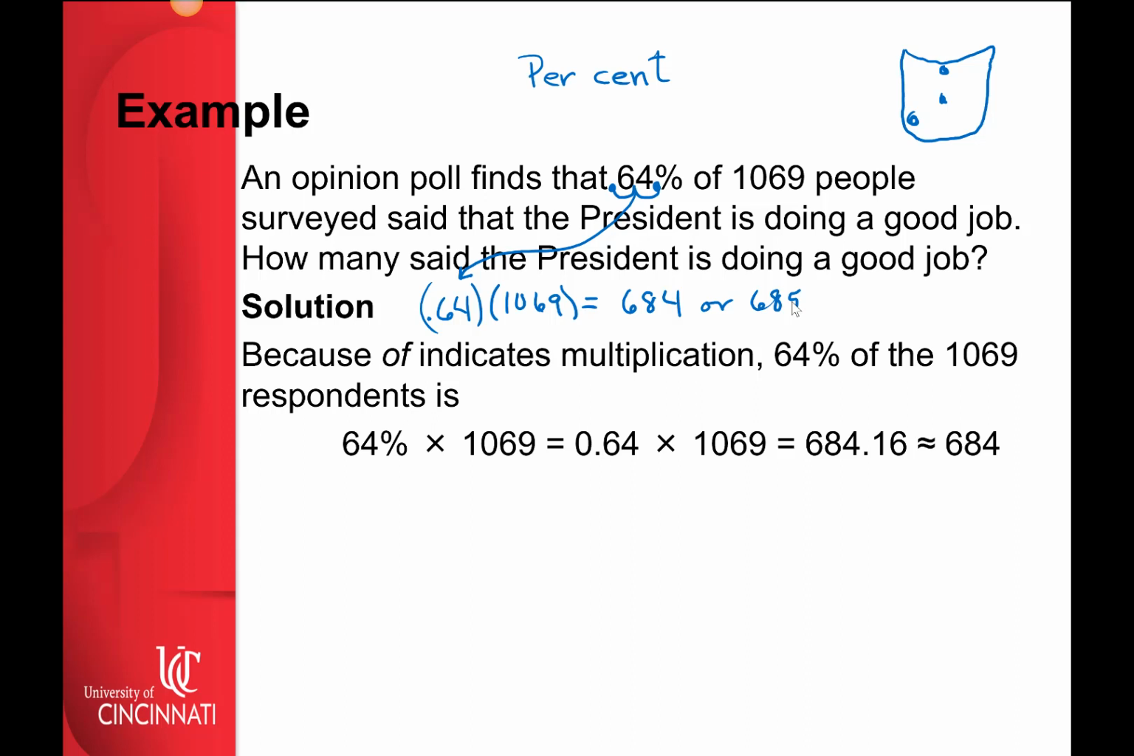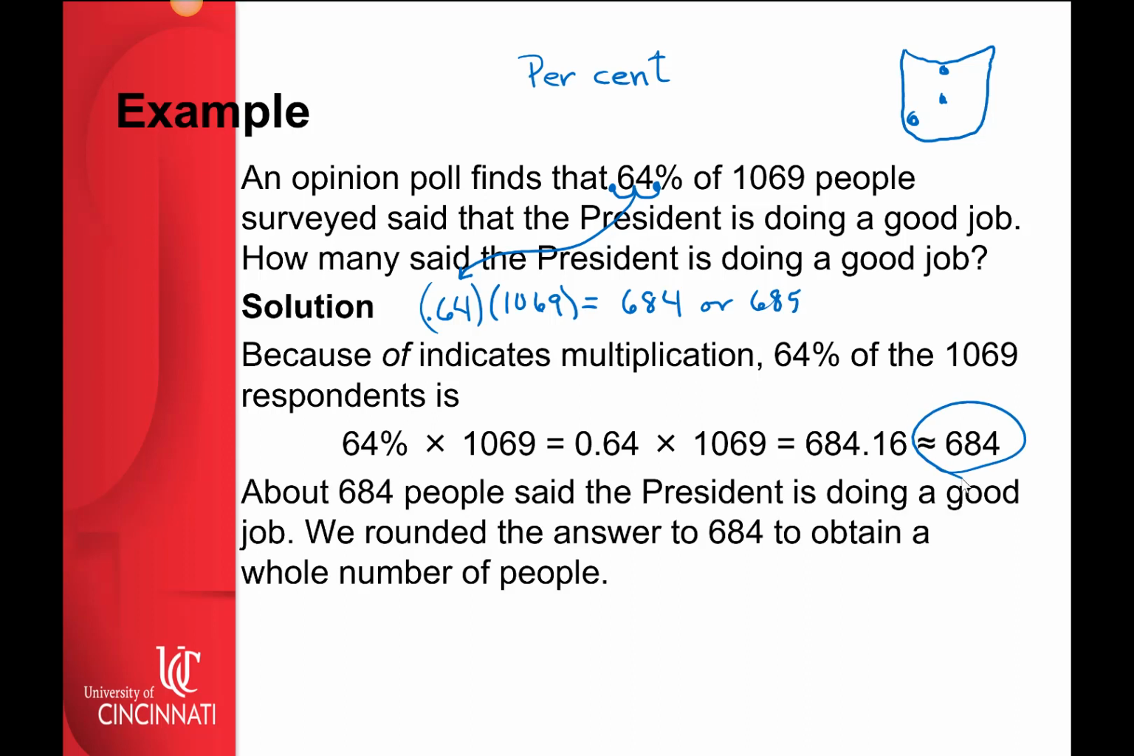Go ahead and multiply it out. It's about 684, or if you want, 685. So what this really means is about 684 people out of 1,069 said that they approve of the job